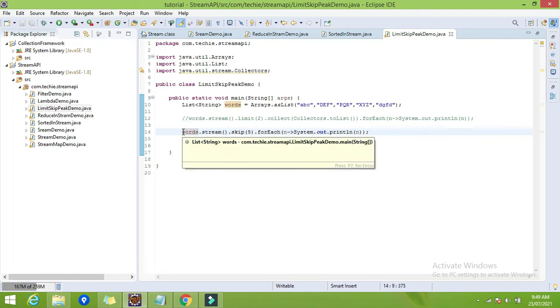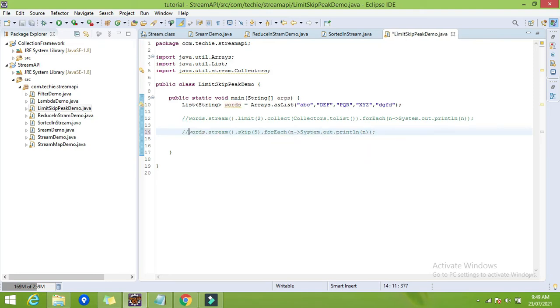Now sometimes you may have the requirement like I want to skip the first two elements, or I want to display only the fourth element of the stream, or you want to display only the third and fourth elements of the stream.